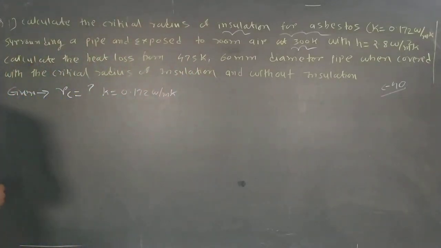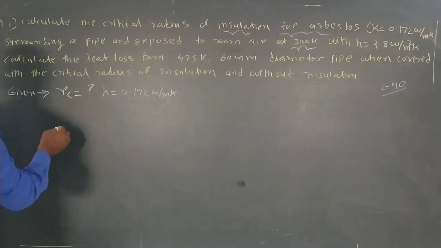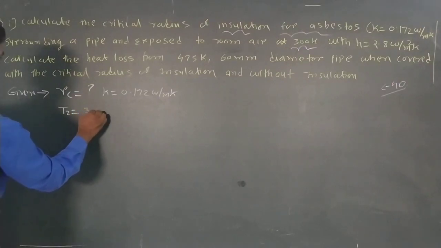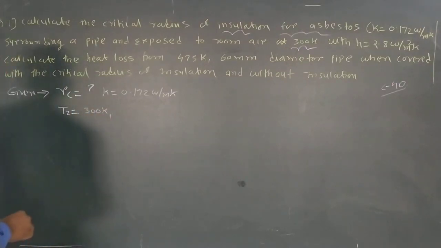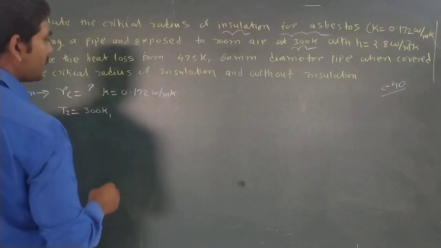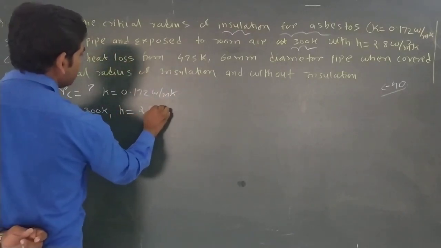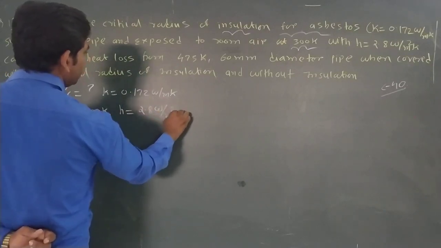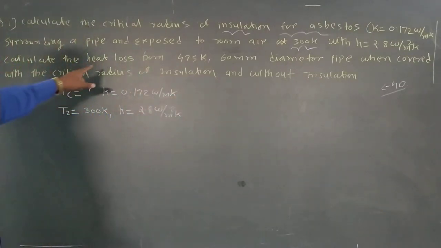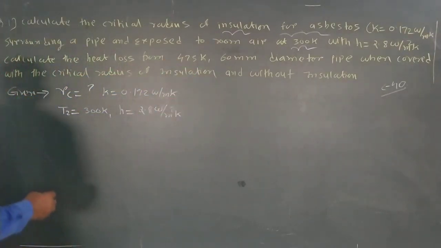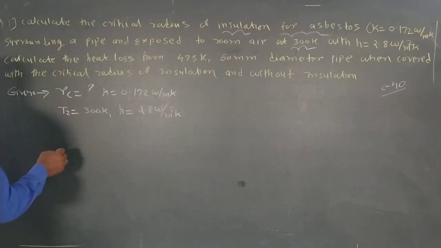So, just write down the data. Room temperature is T2. It is 300 Kelvin. And the heat transfer coefficient is given there. H is equal to 2.8 watt per meter squared Kelvin. Calculate the heat loss. So, we have to determine the heat loss here, means we have to determine the value of Q also. Heat loss Q